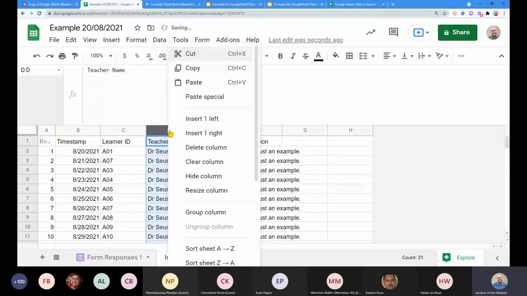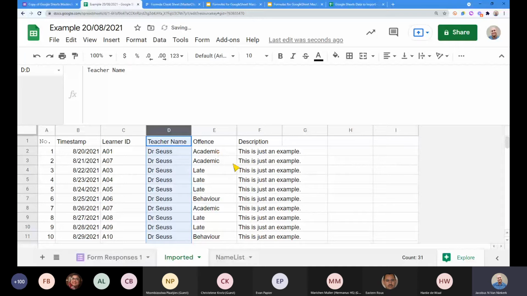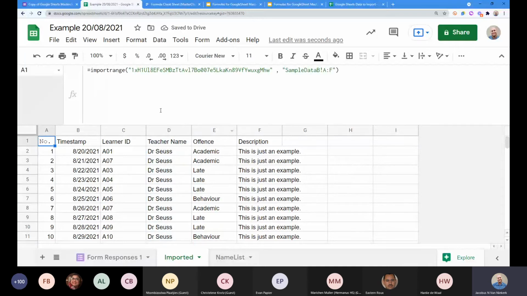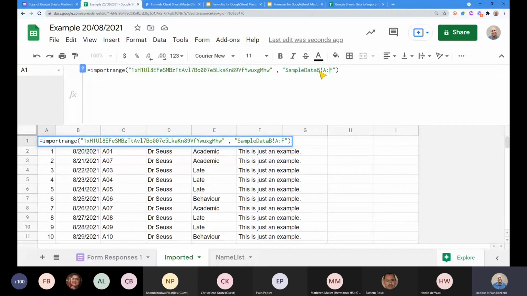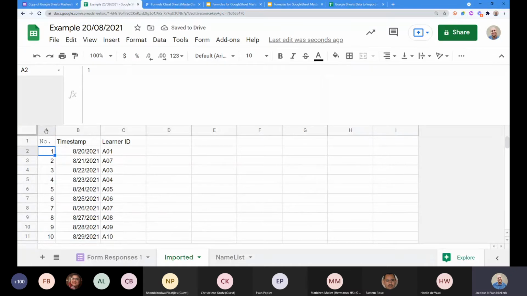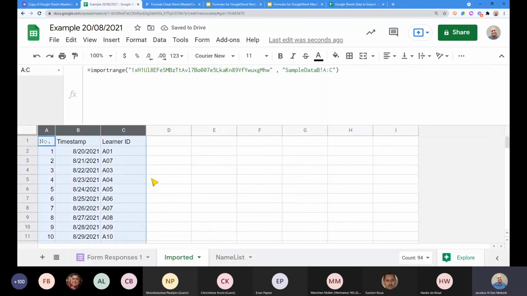The easiest way to do that is to take your import range and split it into two import ranges. So here I've got my import range. It's actually going to import everything from column A to column F. If I want to have three blank columns in between, I'm just going to change this sample data. I'm going to say import everything from column A to column C. And now I've got the first three columns.